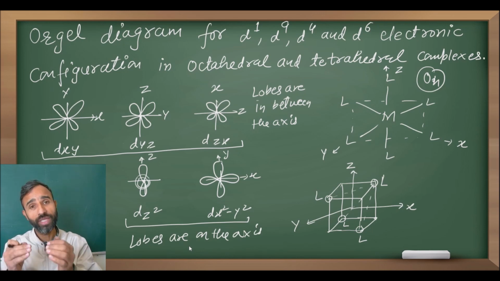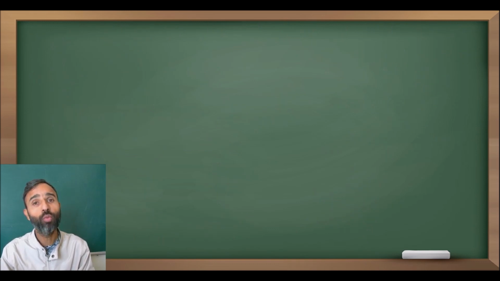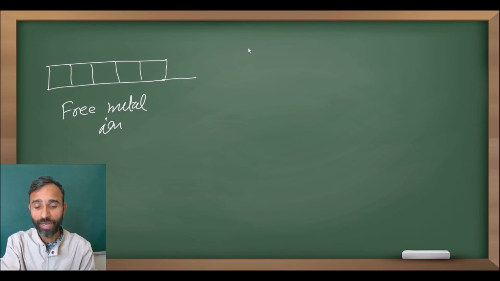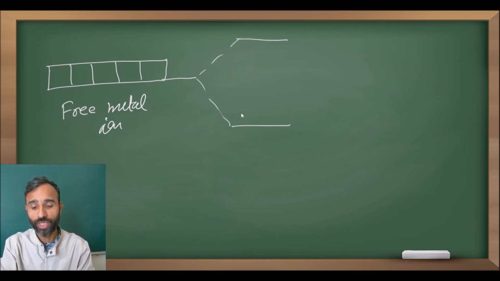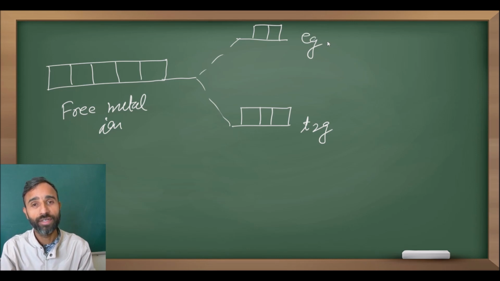And if they are in between the axis, they repel less. So in this way, d orbitals split into two parts according to crystal field theory, and this T2g is of lower energy, and Eg of higher energy, and this is the